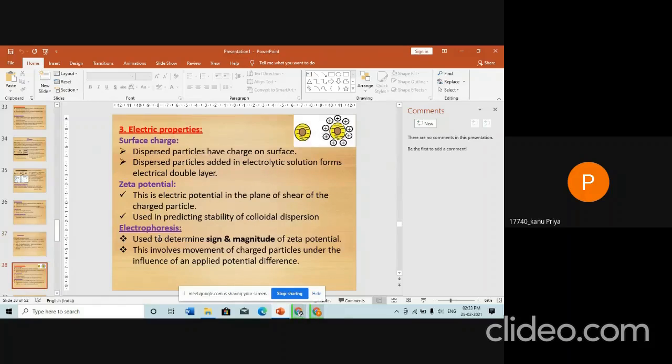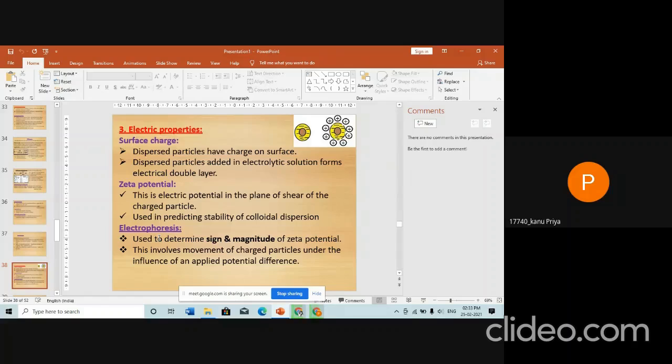The third is electric properties: surface charge, zeta potential, and electrophoresis. Surface charge: dispersed particles have charge on the surface, and when the dispersed particle is added in an electrolyte solution, it forms an electrical double layer. What is zeta potential? Zeta potential is a potential difference between the dispersion medium and the layer of fluid attached